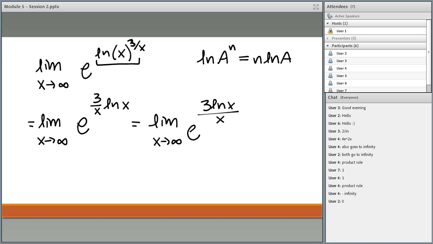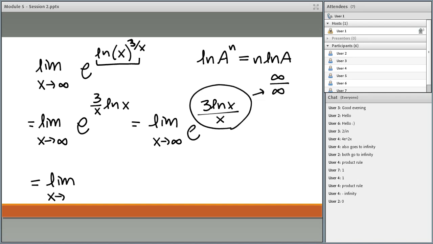Okay, so applying x going to infinity, that exponent is going to be infinity over infinity. So I can now apply L'Hopital's rule because this is going to go to infinity over infinity. Which means I apply L'Hopital's rule, where I take the derivative of the numerator and the derivative of the denominator,